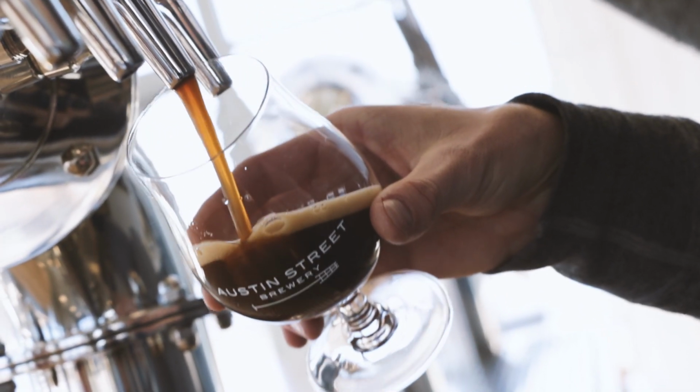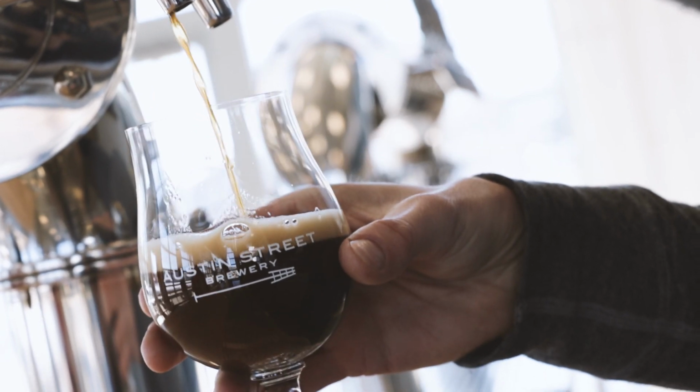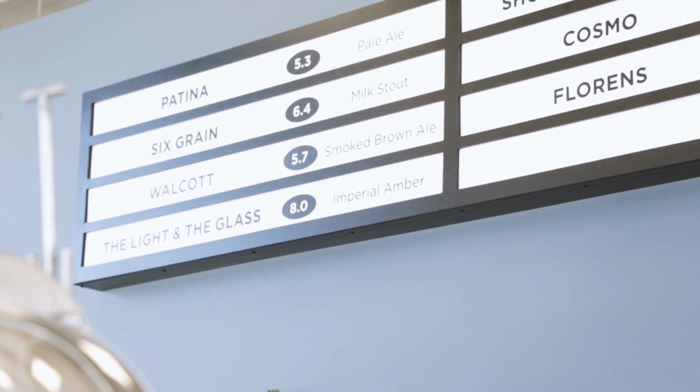This is our newest beer. This beer is called Walcott. It's a smoked brown ale. The goal of this beer is we really have been talking about doing a brown ale forever. We used to do one called Oliver, which we added coffee to sometimes. Yep. That's a great beer on its own. And we just wanted to do a brown and put a little twist on it, so we added some smoked